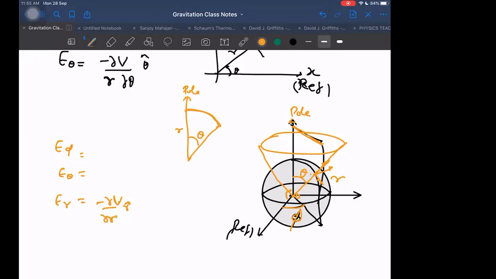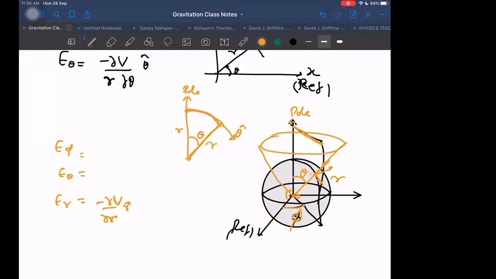When we are taking the partial derivative, we should assume the plane to be fixed. Which plane? This plane is fixed. In this plane only our particle is moving. And what else is fixed? The radius of the sphere is fixed. If r is fixed and we can change only theta, then we have to move in a circle, and in that circle this will become the theta cap direction.